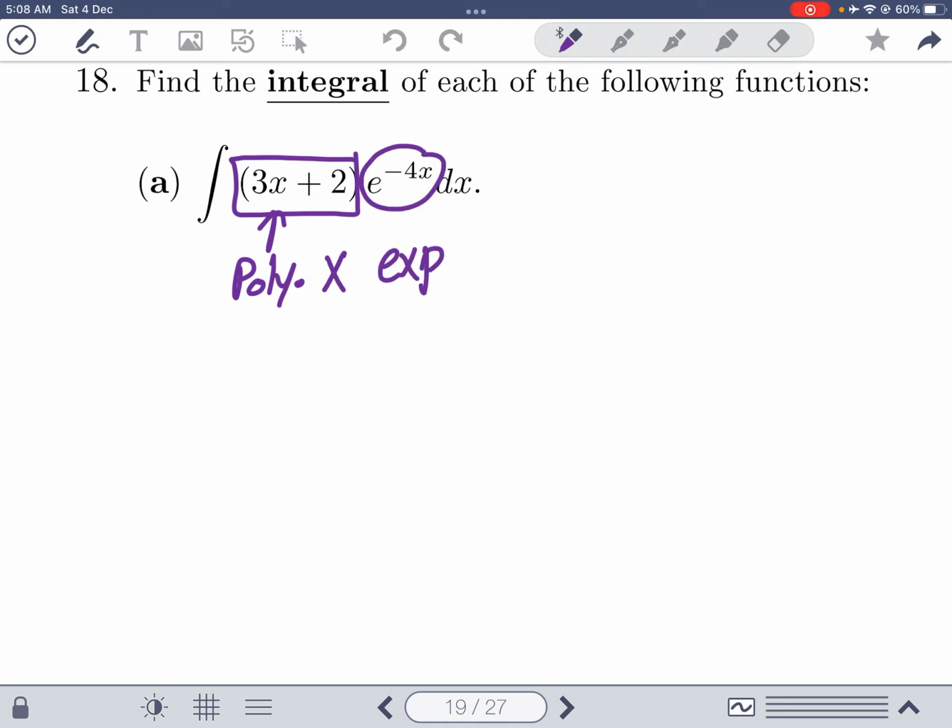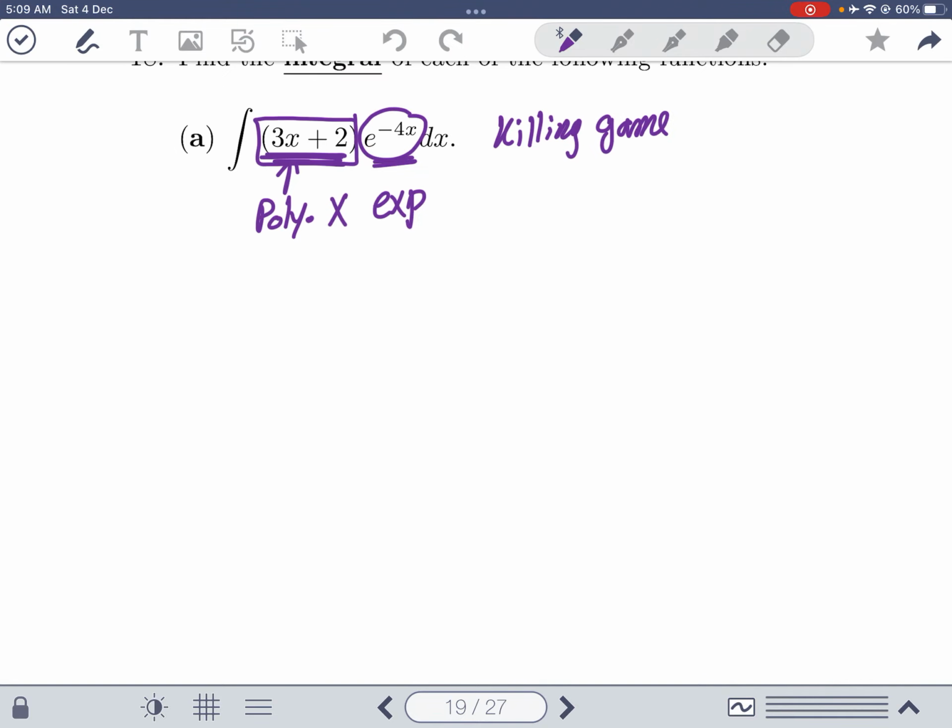exponential. And we know whenever we have polynomial times exponential in an integral, we do the killing game. It's because 3x plus 2 is a polynomial that you can keep taking its derivatives to make it 0. So look what you will do. For 3x plus 2, I will take the derivative. When I take the derivative of 3x plus 2, I get 3, and I take one more derivative, I'll get